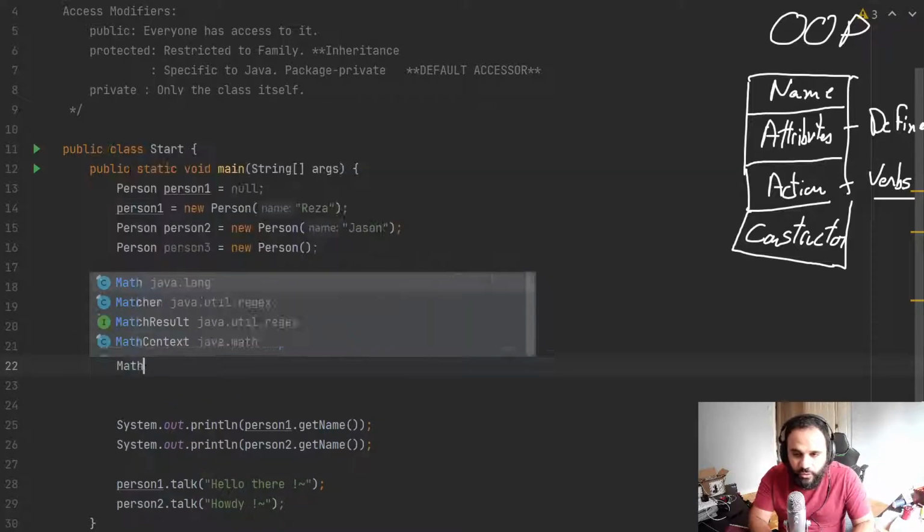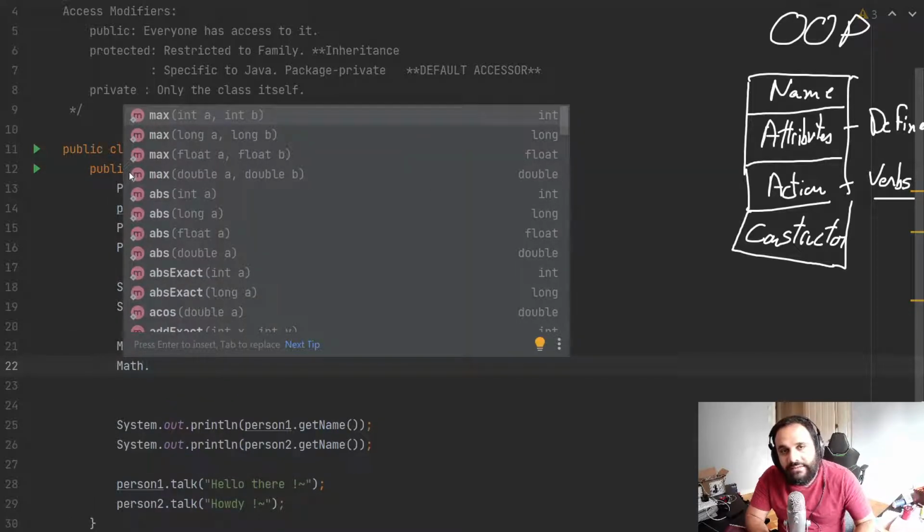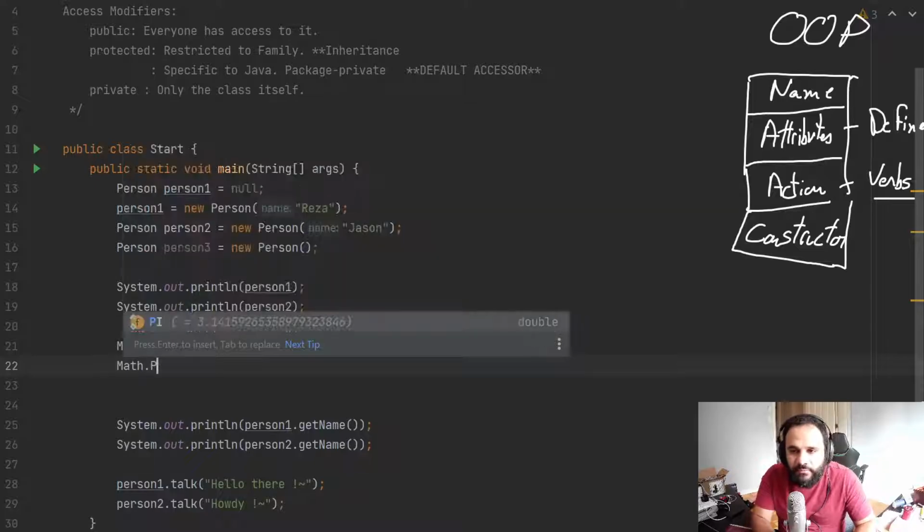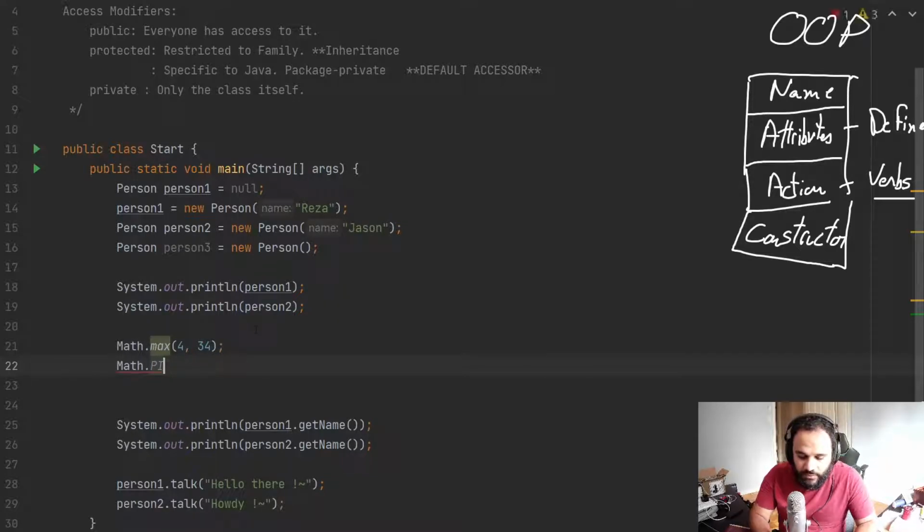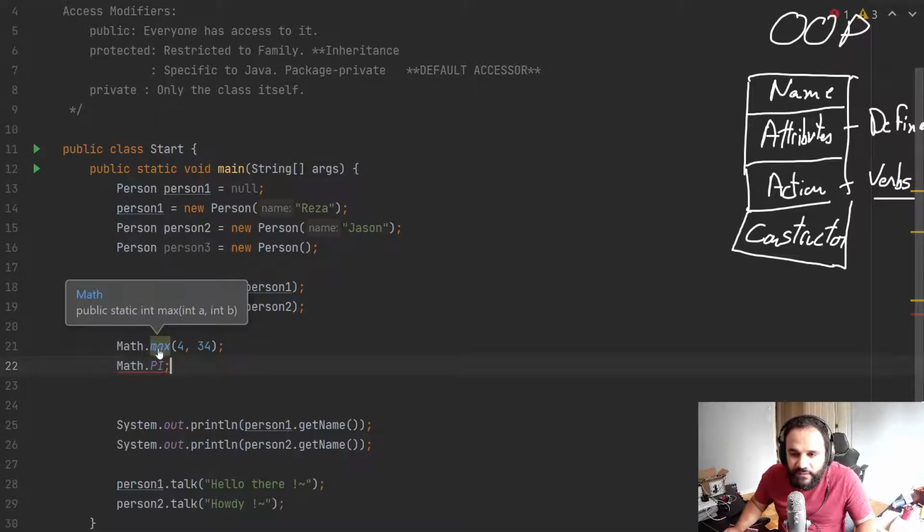The same thing goes when I want to access a static value, such as, let's say, pi. If you notice, the moment I'm typing pi, you could see even the value there, right? This is the value of pi. Do I really need this value inside of an instance? No. In those cases, I'll make them static so that they belong to the class and not to an instance of that class, right? So if we hold down Control, we could actually click on this max method